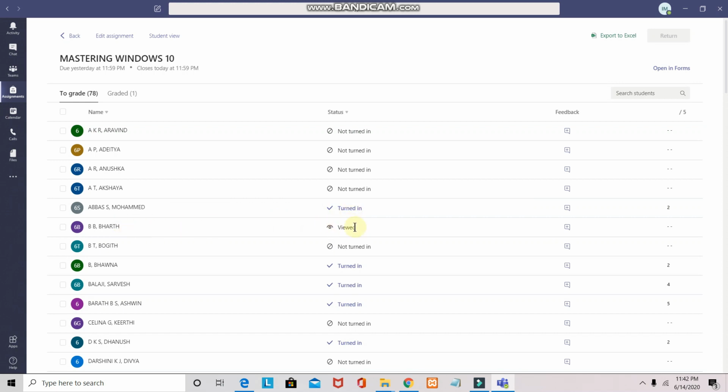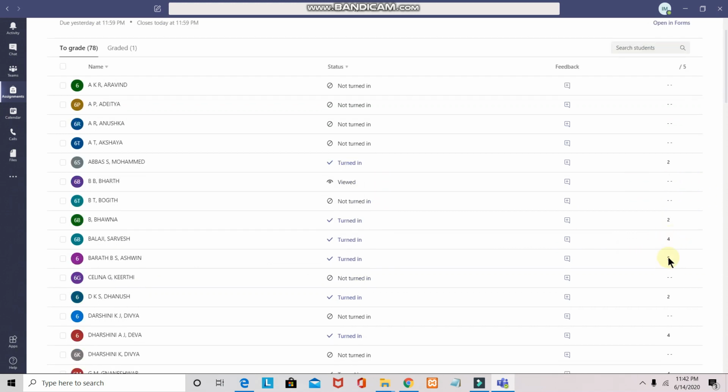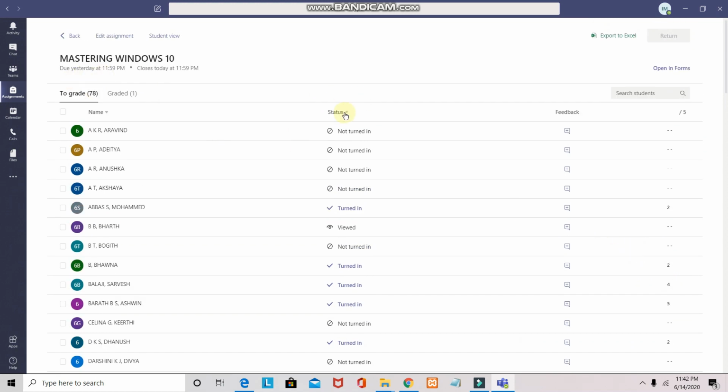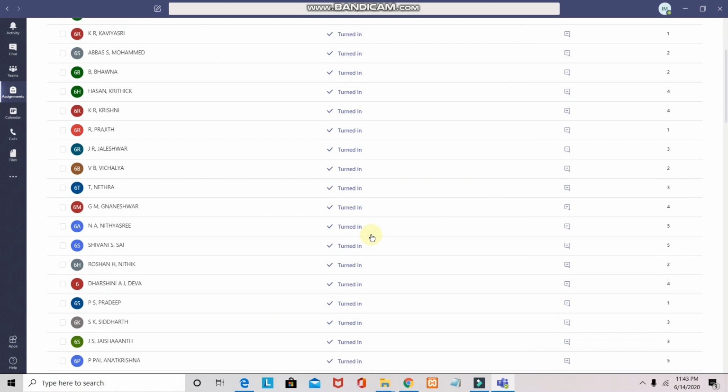This person, if it is viewed, is here. This person has viewed it, but he has not responded. Bhavna is a student who has turned in, and yes, whoever has turned in will be given the marks also. So all the marks are also getting appeared. Now if we wanted to see only the turned in alone, in a late date one person has completed. And because we can make the settings when we are sending the assignment. These are the persons who have submitted the